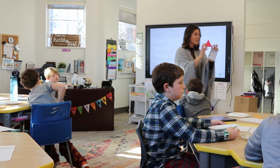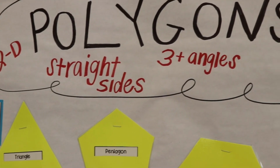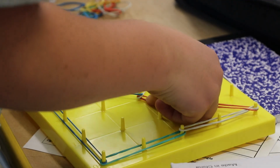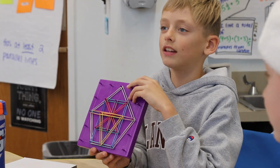In 4th grade math, we just wrapped up a long chapter on multiplication and division. So, we had a little bit of time to do a mini unit. So we reflected back on geometry. We kind of revisited what polygons were. And so the boys had the opportunity to play around with geoboards and create different shapes that they think are